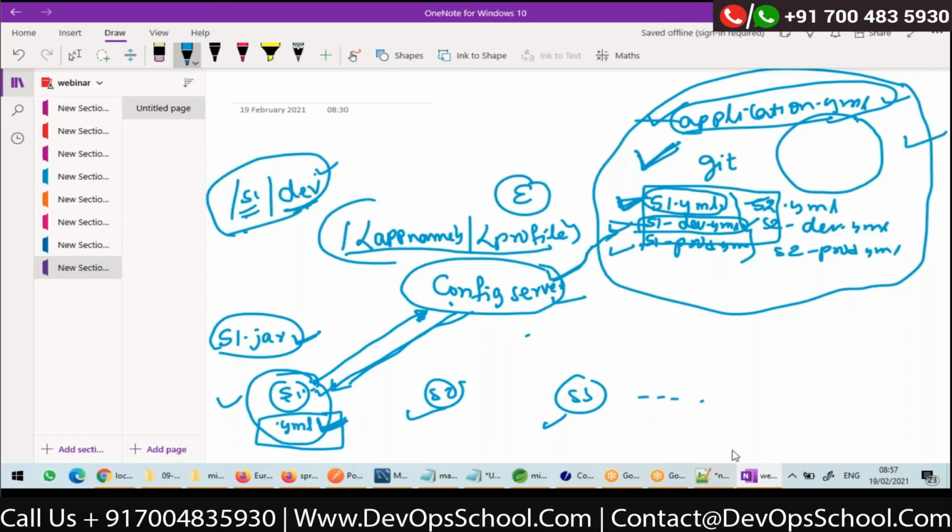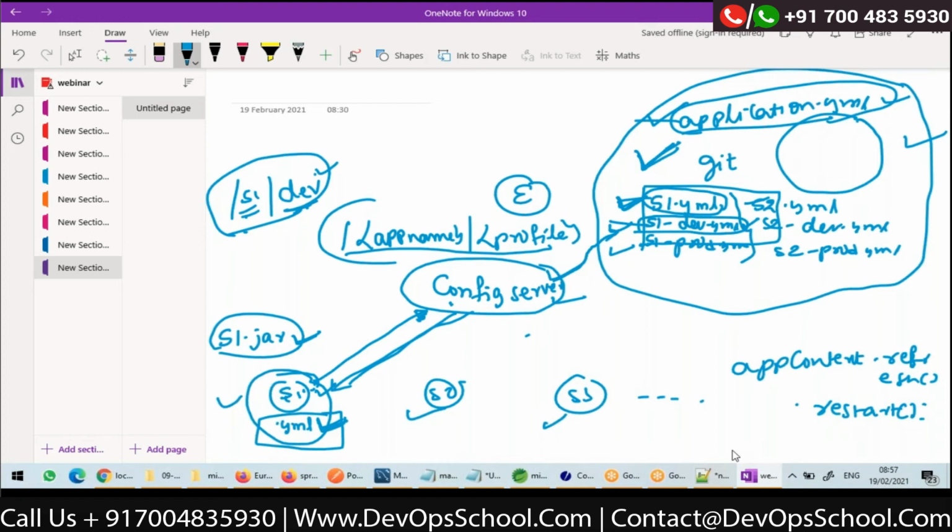What I can do is, somehow if application context dot refresh is called, there's a method called as refresh in application context. And there's another method called as application context dot restart. The two methods, you need to know the difference between these two, refresh and restart on application context.